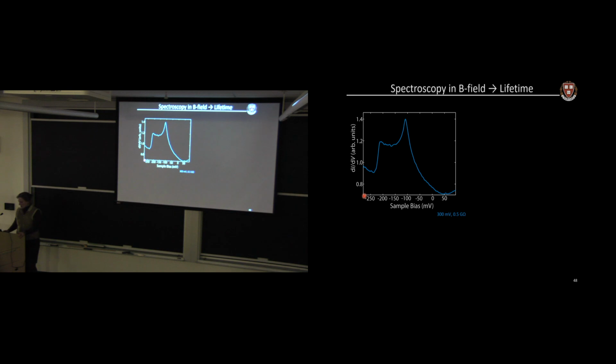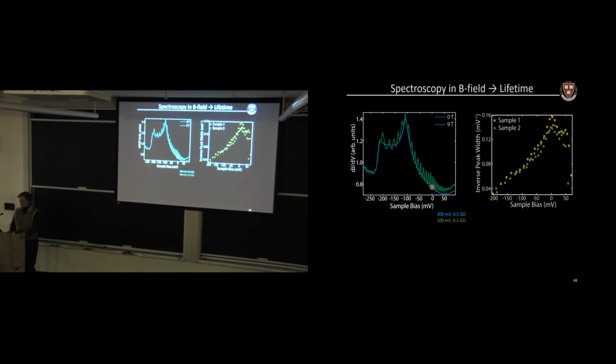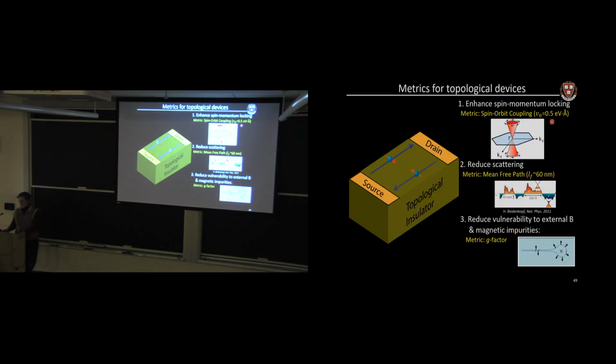And now I'm going to turn on a magnetic field, which gives this quantization condition. When I turn on magnetic field, I see that the energy levels are quantized with a spacing here of a few millielectron volts. And from the sharpness of those energy levels, which I've measured here, I can take the inverse of the Landau level width, and that gives me a lifetime, and the lifetime gives me a mean free path of 60 nanometers.